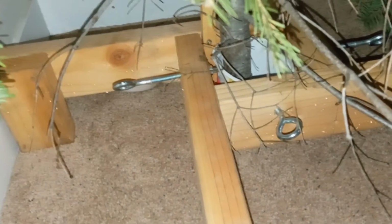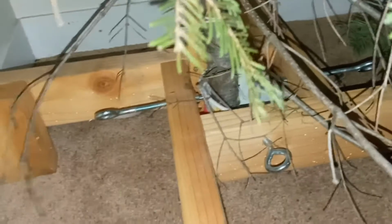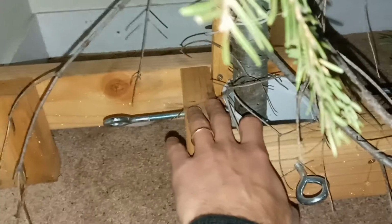I put up the homemade Christmas tree stand for the second year in a row, and just want to go over the design. It's not perfect, and I had to adapt it this year, but we have just 4 straight single pieces of 2x4. These I think were 18 inches long, and then 4 legs that are, I don't know, probably 4 or 5 inches long, whatever the height of the water container for the